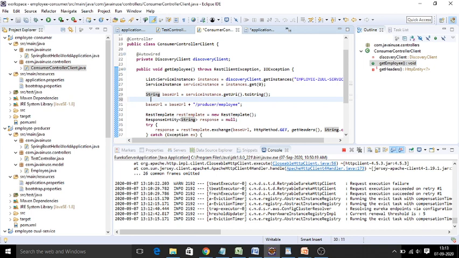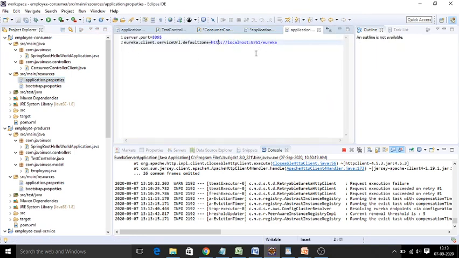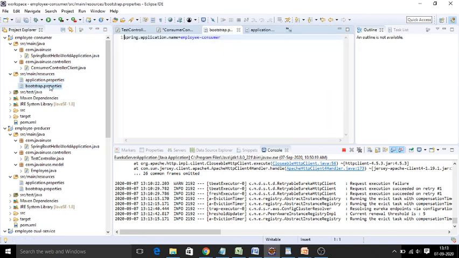This is what is called your Zuul API router path, plus your producer service path, the service URL endpoint. This has to be mapped, and only then can the consumer application be configured with your Eureka server, as the role of consumer client.